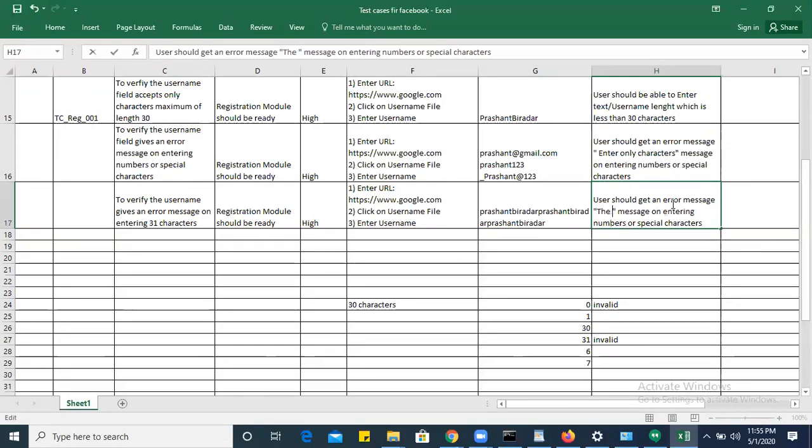So the username should be less than 30 characters, or you can say maximum length is 30 characters only.